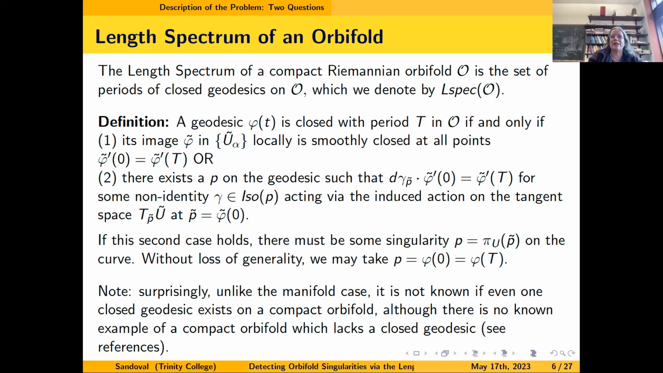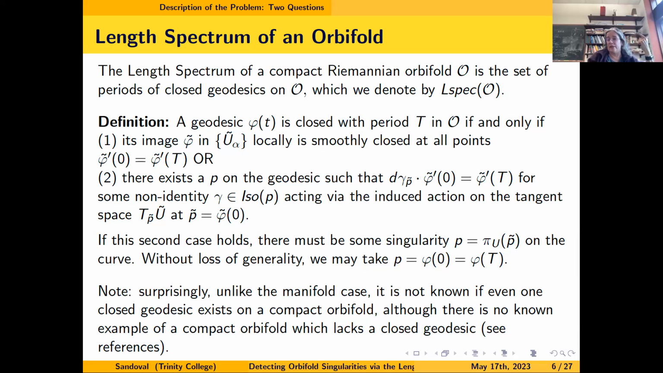So I should mention at this point, unlike the manifold case, it's not known if every compact orbifold has a closed geodesic, which is sometimes a little bit surprising. There are no known examples of a compact orbifold which lack a closed geodesic, but as far as I can tell, it's still unknown. There's a little literature on it. I have some references at the end, but it's known that every compact Riemannian orbifold has a closed geodesic if it's a bad orbifold, or if it's so